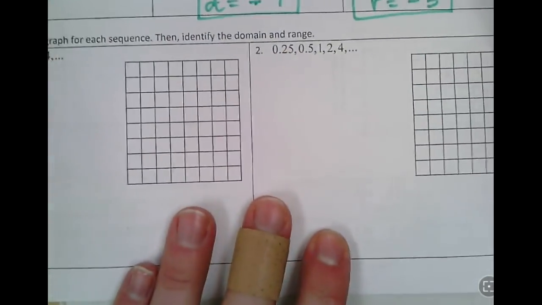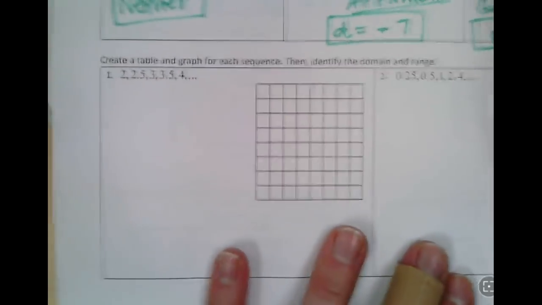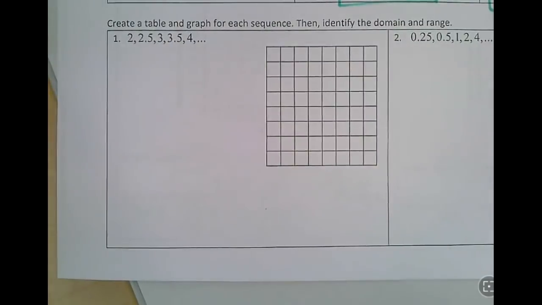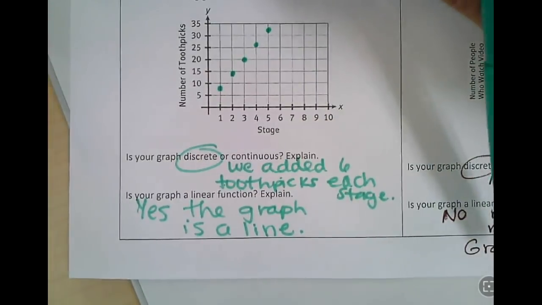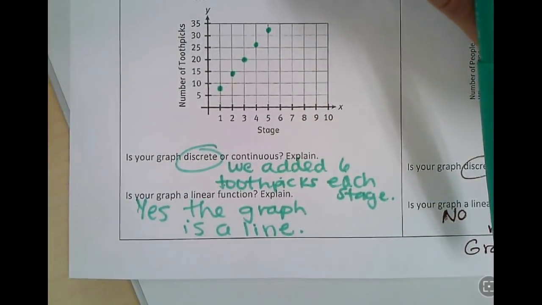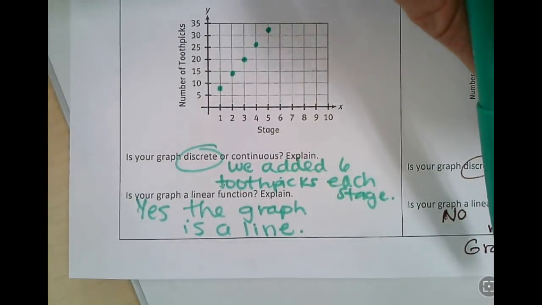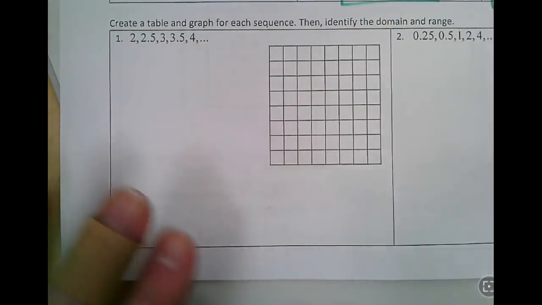What you are doing on this section is you are creating a table. So let's talk about this first one together. We notice on the first example, our stages, we had like stage 1, stage 2, stage 3. There's no stage 0. There's actually technically no y-intercept for these. So that's the first thing I want to talk about. This first problem, this first number in our sequence, when I make my table,